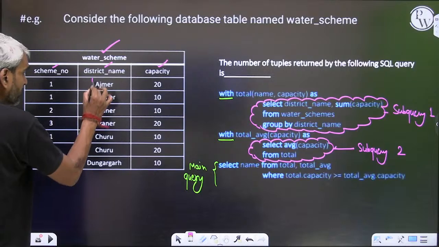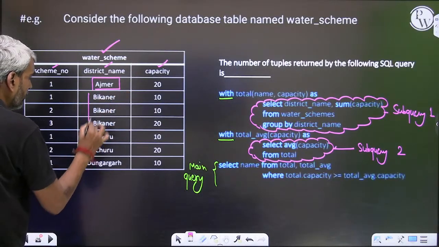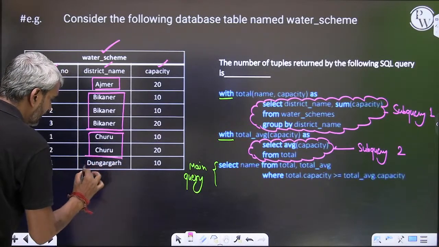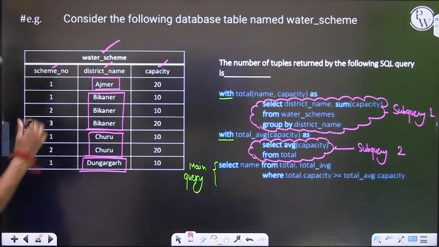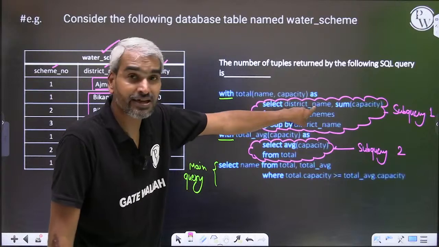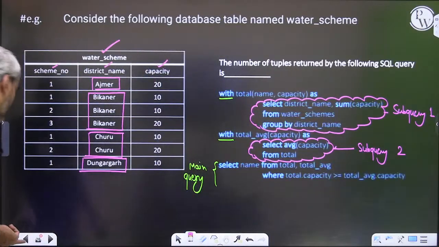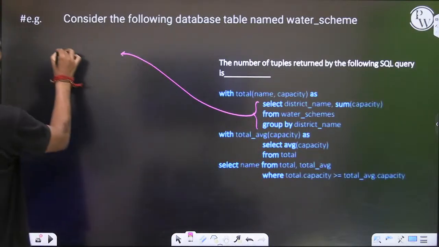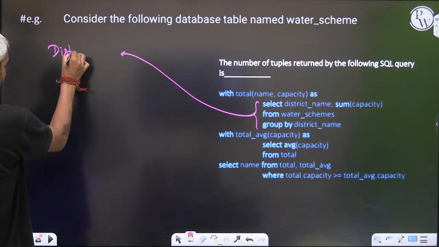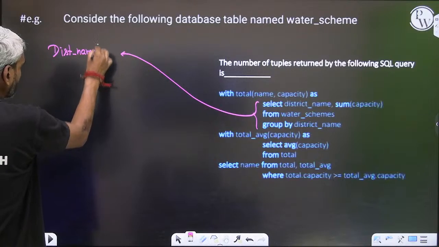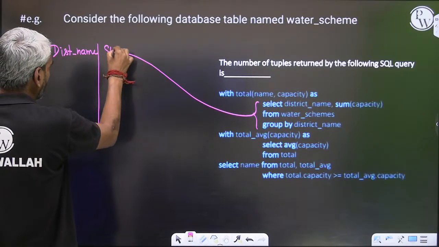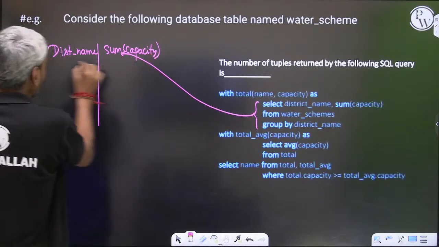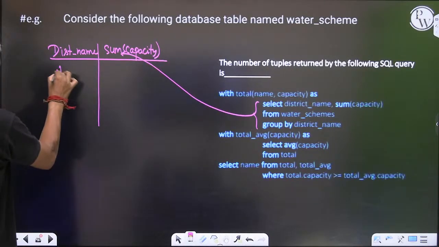So one group of Ajmer will be created. Another group of Bikaner will be created. Another group of Churu will be created. And another group of Dungargarh will be created. So what will be produced by this? A district name and the sum of capacity. So if I ask what will be the output of this particular query, it will have district name and then sum of capacity, right? So first will be Ajmer,